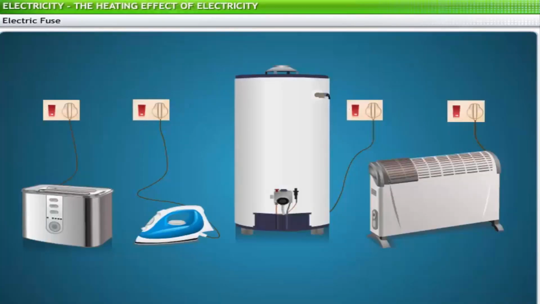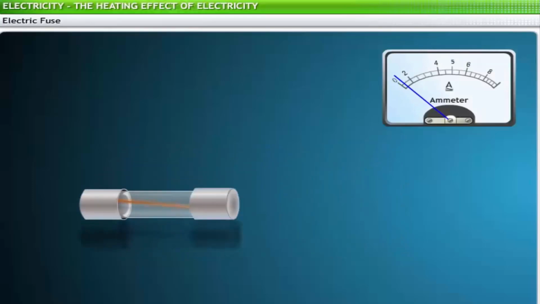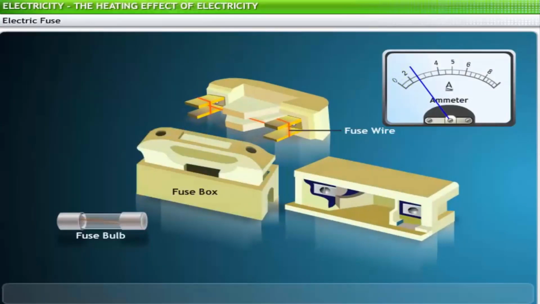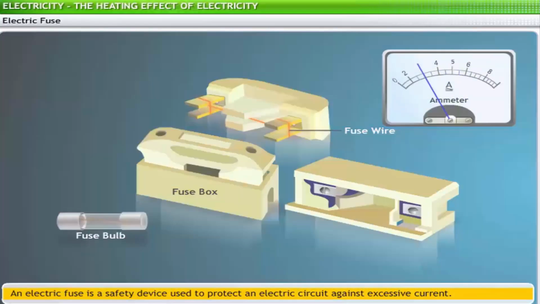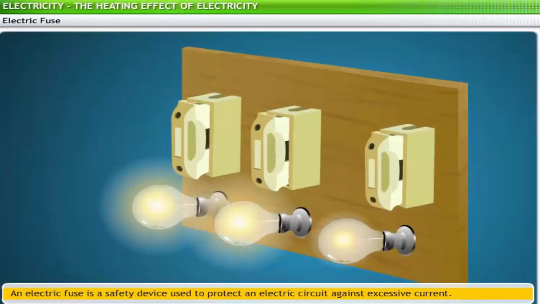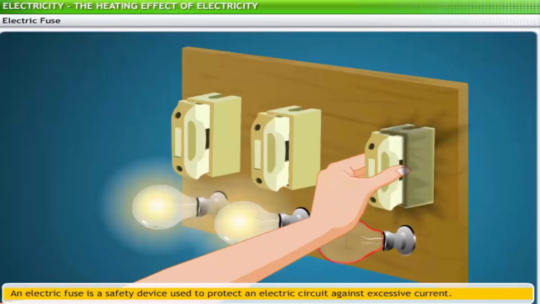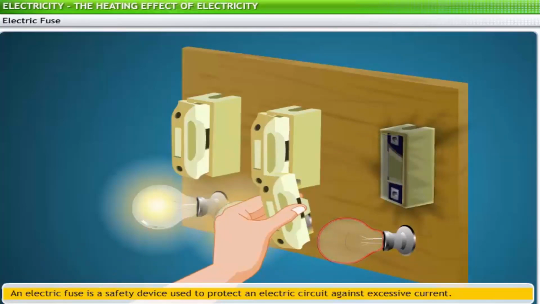If your electrical appliances receive very weak or very strong current, they could be damaged and stop functioning. To prevent such damage from fluctuations in the current, an electric fuse is used in the circuits of most houses these days. An electric fuse is a safety device used to protect an electric circuit against excessive current. The mechanism of the electric fuse is based on the heating effect of electricity. You may have often heard people talking about replacing the fuse in their homes because the fuse blew, cutting off the power